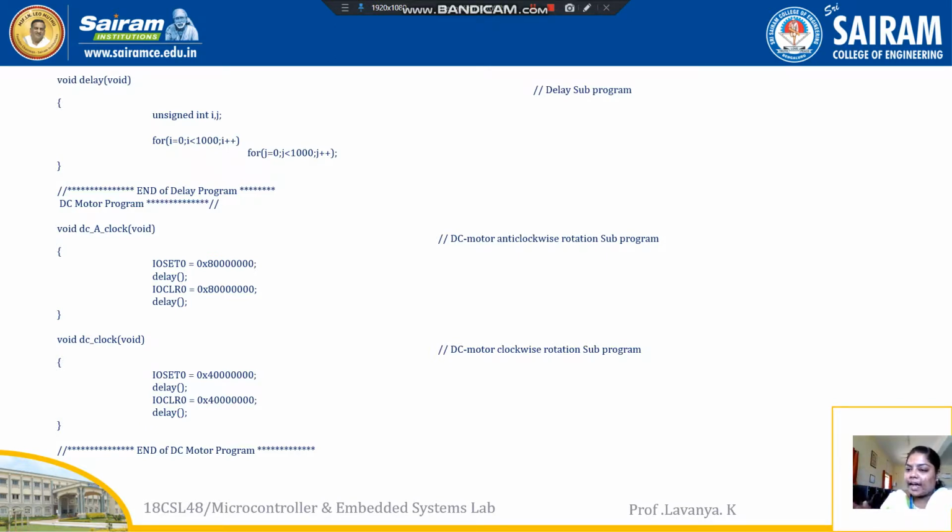I am going to set the direction as 1111, which means the starting ports, port number 16 to 31. I have taken the bit pattern, and in that I am going to apply the first bit value, that is 8.